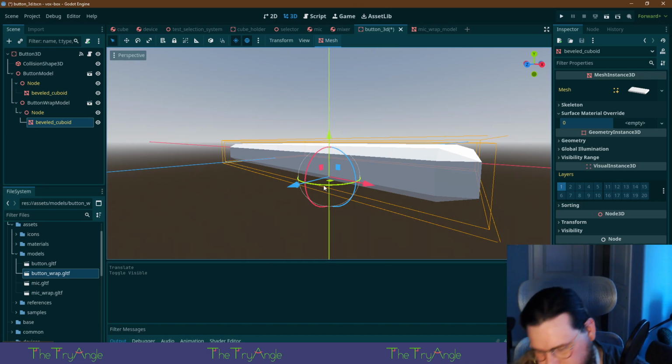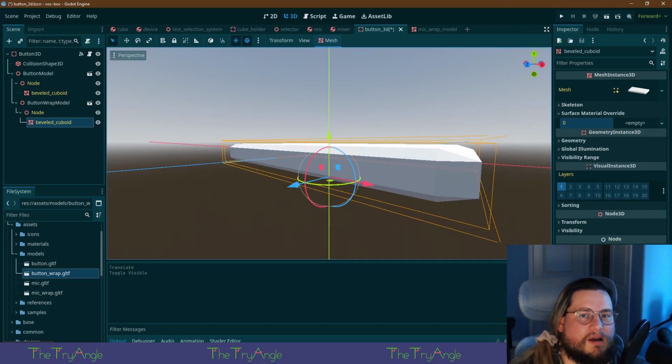I crashed Godot. Damn, I did a wallop on this one. All right. Okay, I'm going to have to tell it to shut down. Yeah, thanks.